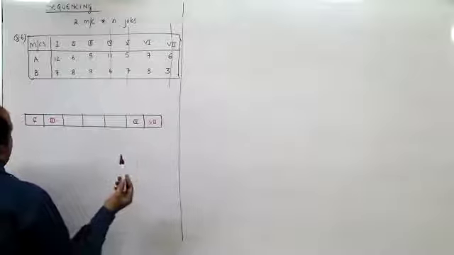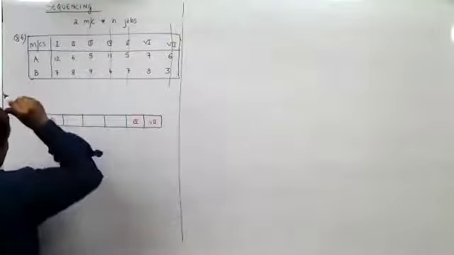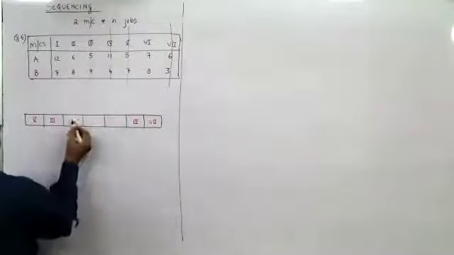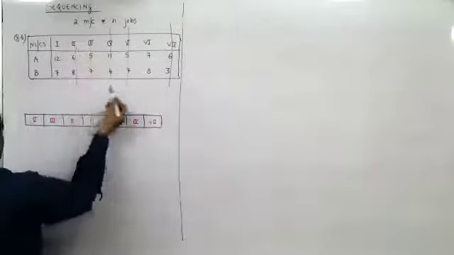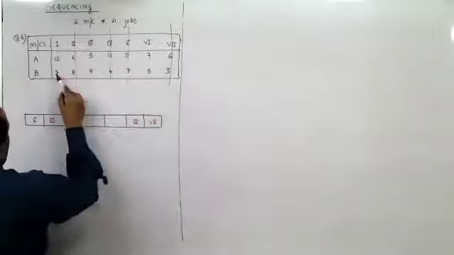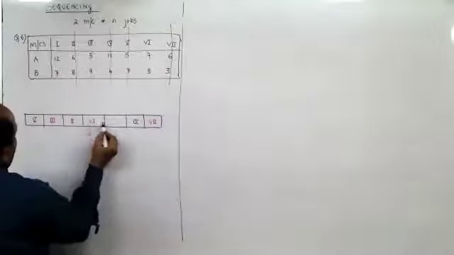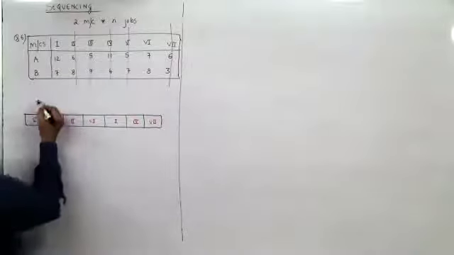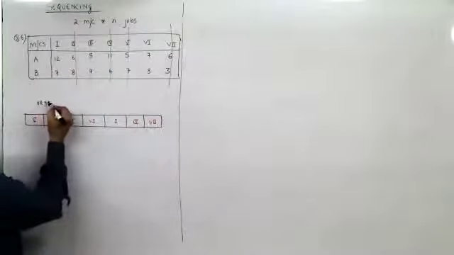Next, so 6, 1 and 2. So here, 2 would be 6, then 7 here from the top, 7 here from the bottom. So 7 here and 1 here. So this is the order of the jobs.